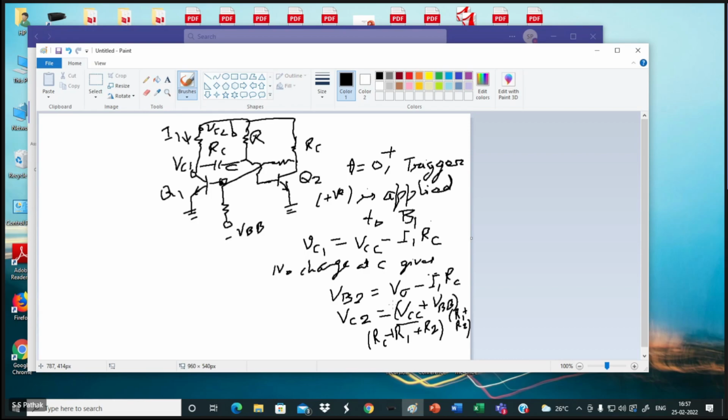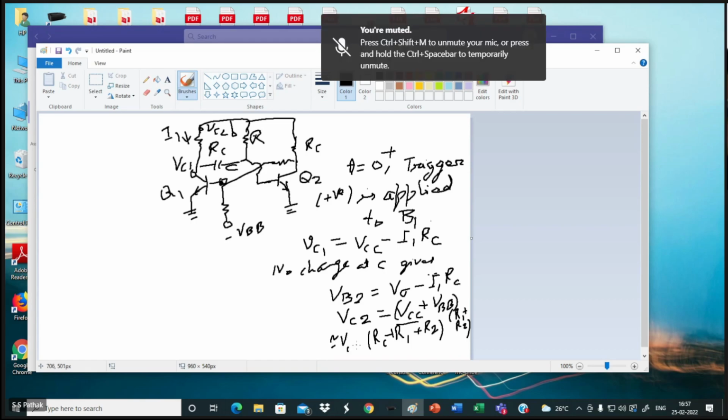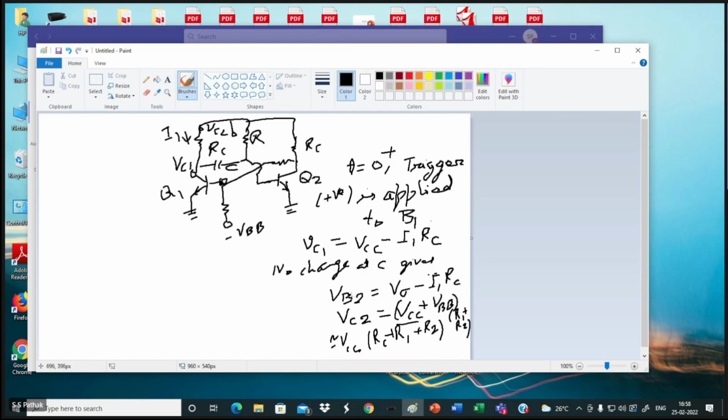Now I am interested in knowing in what way the capacitor is charging and the voltage at B2 is changing. See, VCC plus VBB divided by like that, this will be approximately equal to VCC. You can work out for any practical value of R1, R2 and RC. This will be approximately equal to VCC. Now, VC2 I'm not that much bothered about because it is too high, so it will remain in cutoff only. I am bothered about VB2